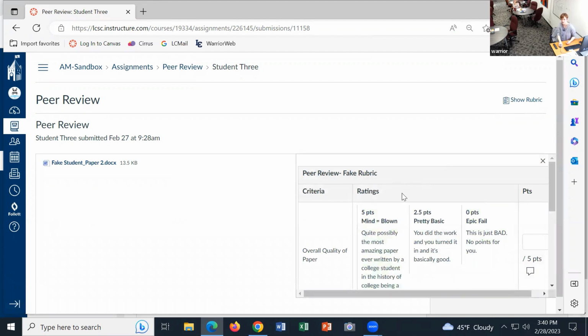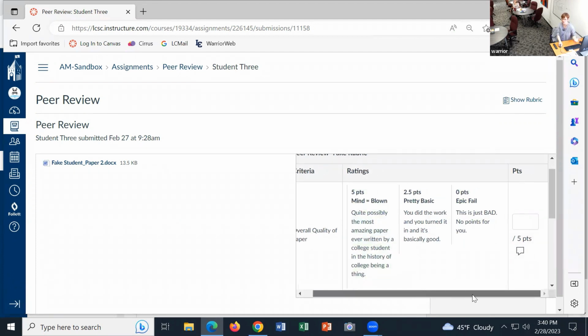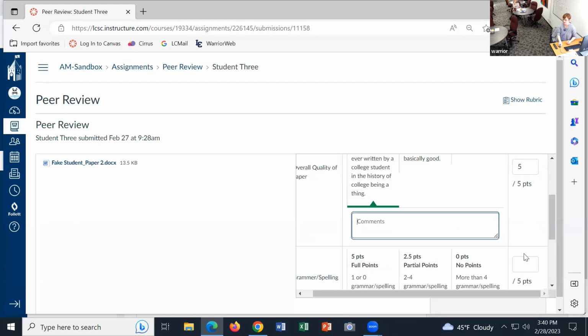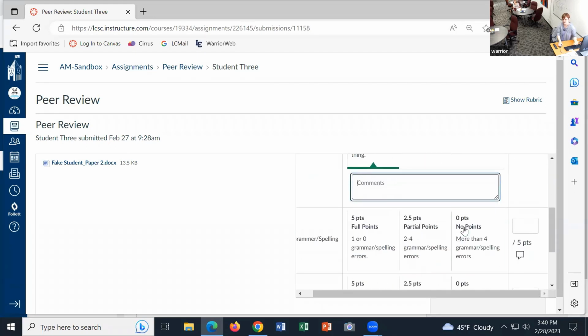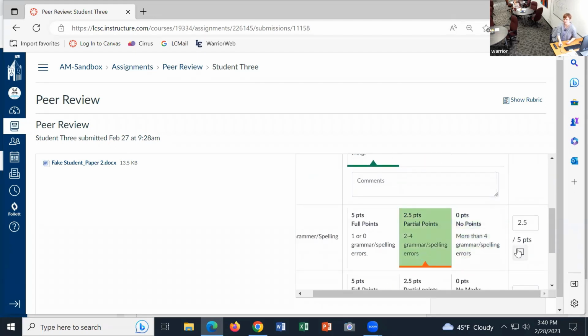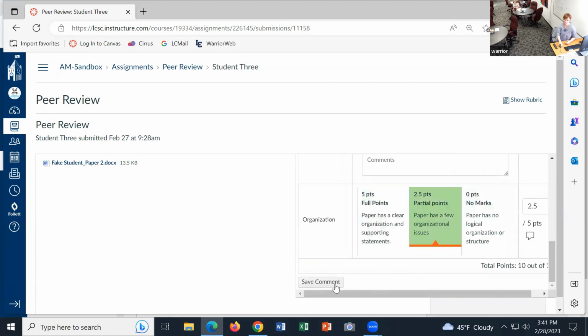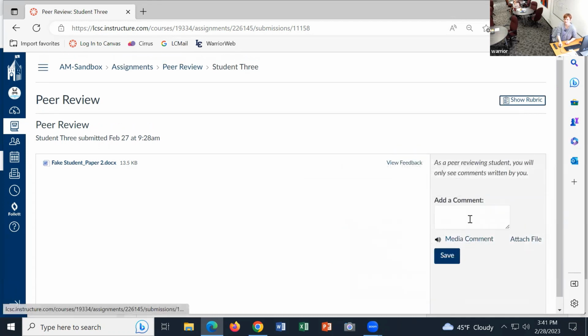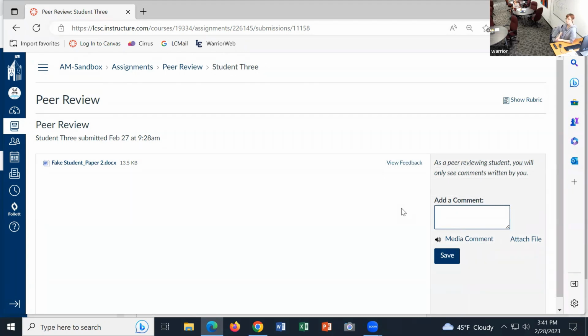Once they click that, then they have access to the full range of the rubric. They have that commenting button so they can add comments to their rating. There's the grammar and spelling, and then they've got just the standard add a comment area as well. But this is only available in its full extravagance as a non-anonymous peer review. With anonymous peer review, all you get is the add comment box on the right here. I'm going to go ahead and save this.